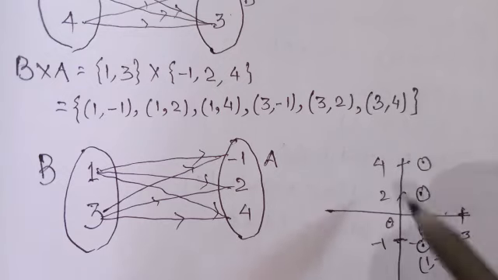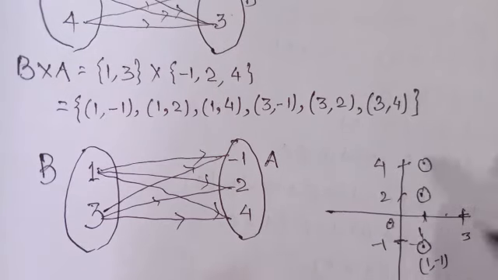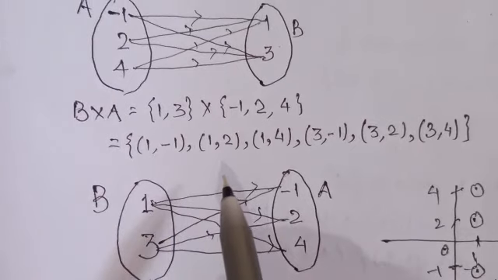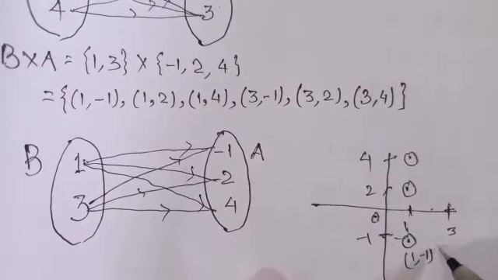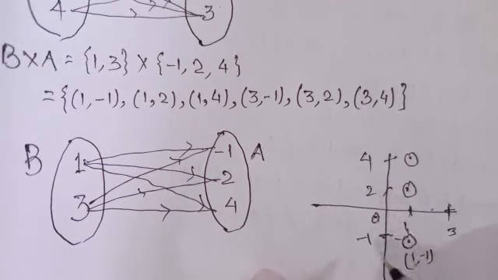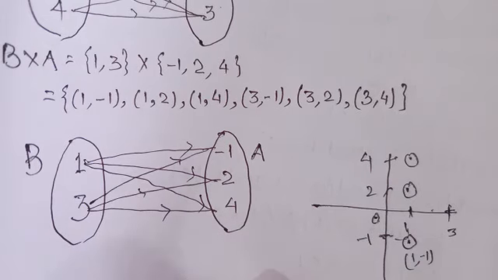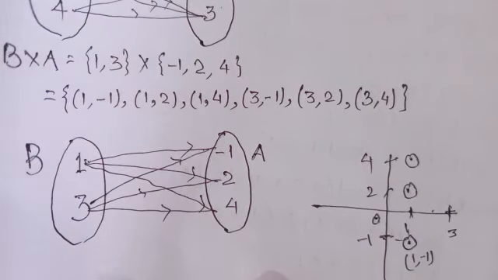So we draw the coordinate system also, and that is called coordinate diagram. This is called arrow diagram because it is represented through arrows. This will be coordinate diagram because it is represented through coordinate system. So now you are in a position to solve some theorems, some results. See the results.